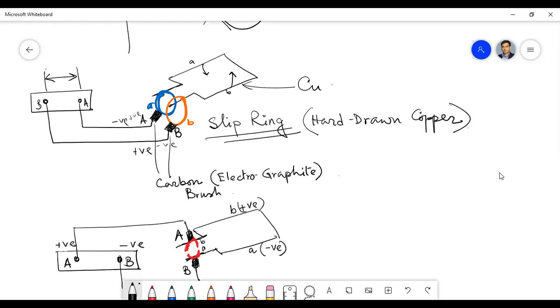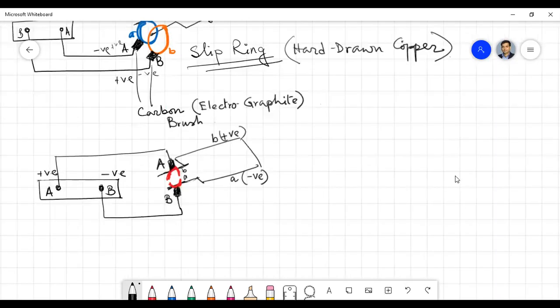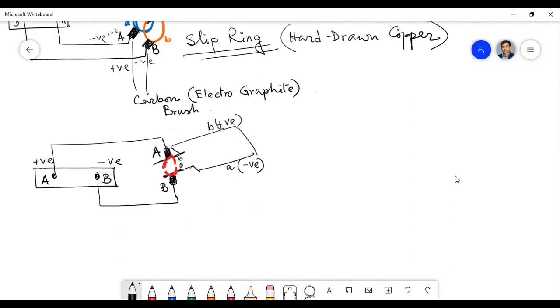So there the brass commutator, the same arrangement, acts like an inverter. Okay. So commutation has two roles for two different purposes. For a DC generator, it acts as a rectifier, and for a DC motor, it acts as an inverter. Okay. Do you have any question? Any question? Bolo.